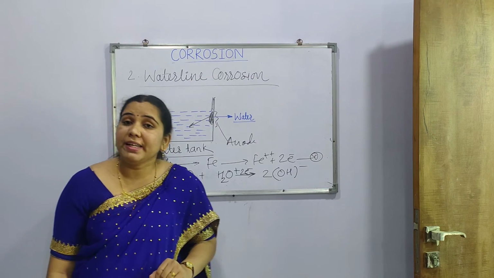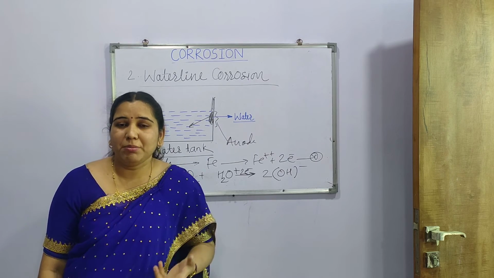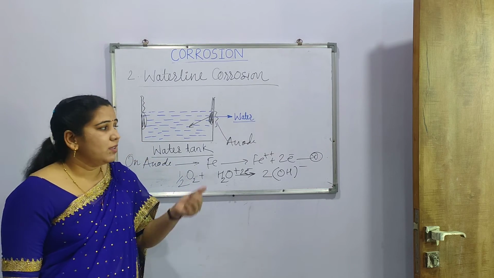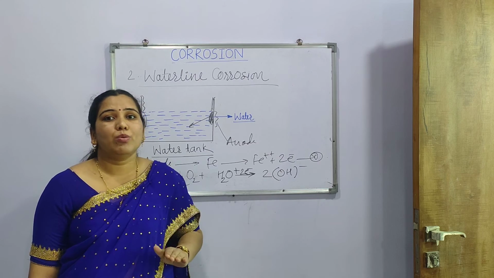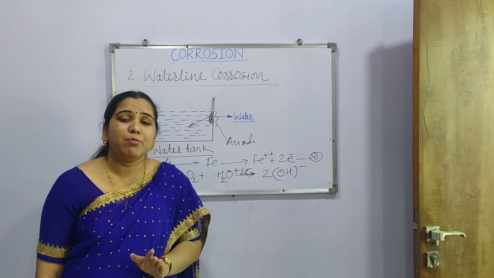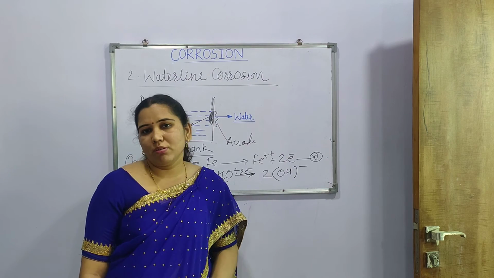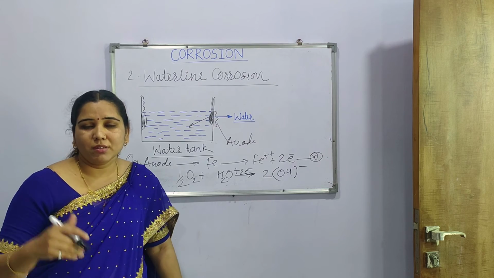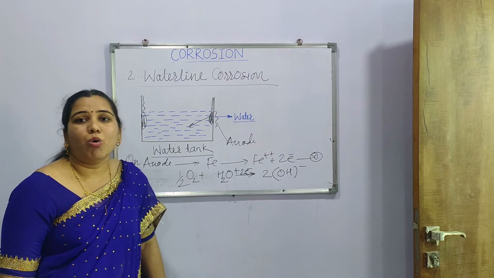While pitting corrosion can be minimized or prevented by using a particular paint, and using that paint properly. The surface should be totally clean, without any impurity, before applying that covering or those anti-fouling agents. So here also it can be protected or minimized, and this is the waterline corrosion.